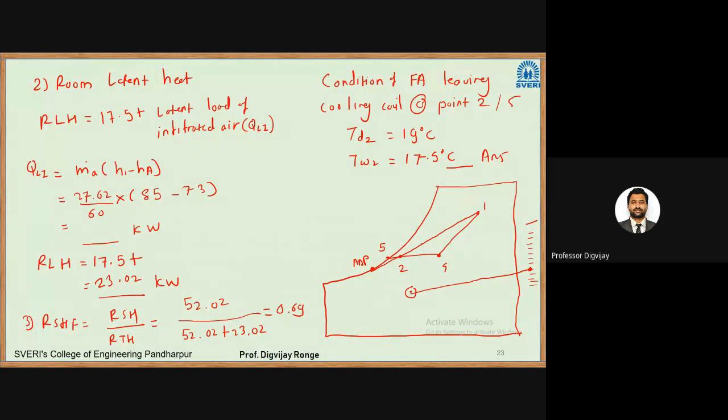Okay. Now after air comes out of the cooling coil, there is a mixing with return air. So this is a room point, and this is your cooled fresh air. Mixing takes place. Now what they have given is room air 60% and 40% fresh air. While showing on the psychrometric diagram, this 60% I have to show on the opposite side, and this 40% I have to show on this opposite side. Okay.